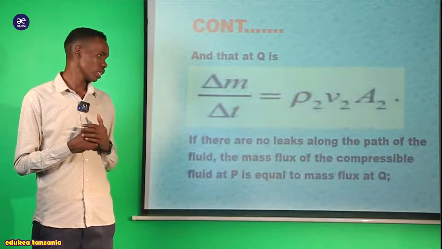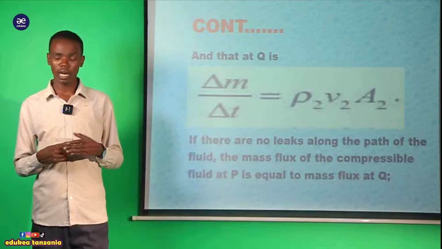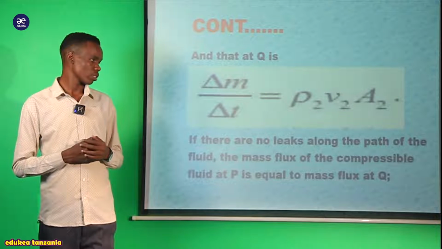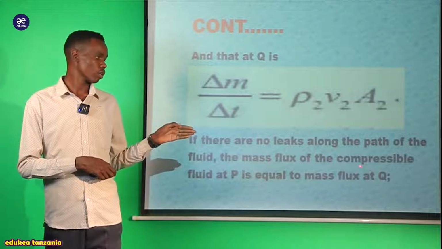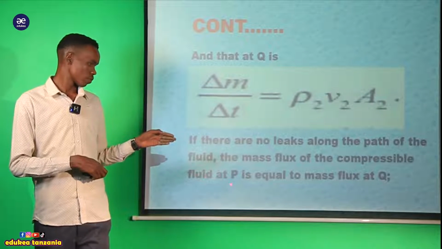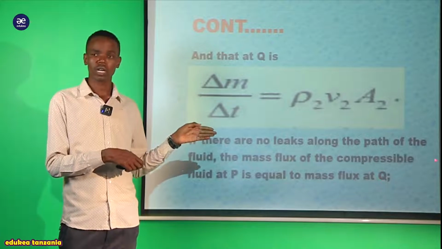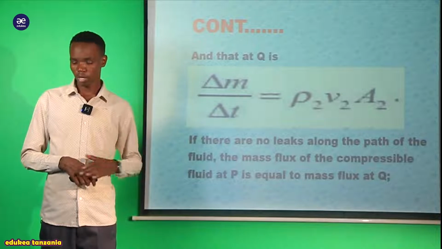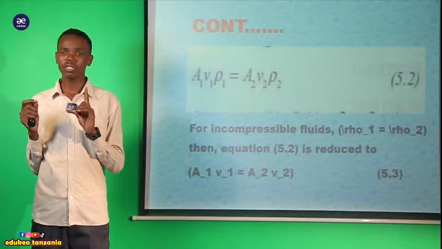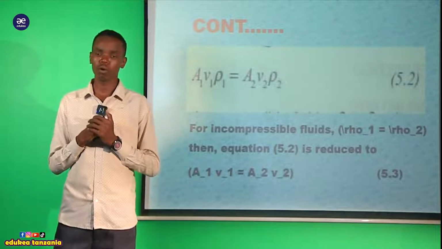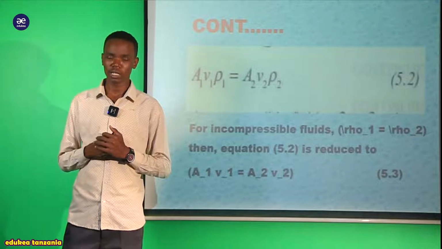For now, what we are going to do is this: if there are no leaks, as we tried to explain, the rate of mass flux of the compressible fluid at point P is equal to the rate of mass flux at point Q. Now, we were supposed to obey the principle of conservation of mass so as to explain the law of mass continuity